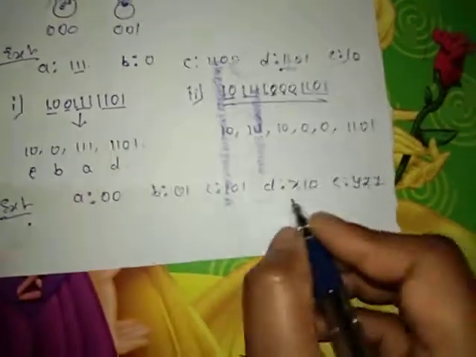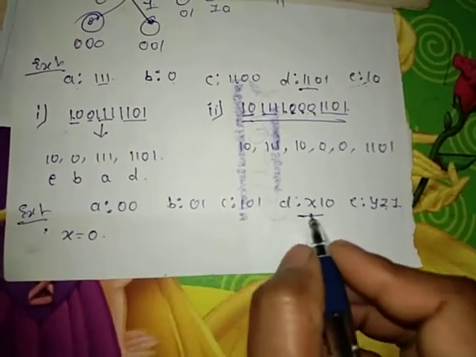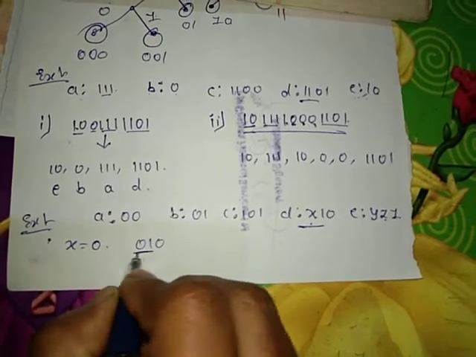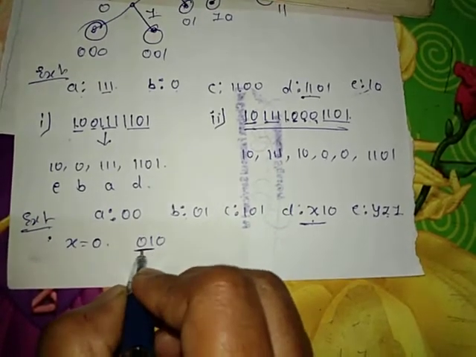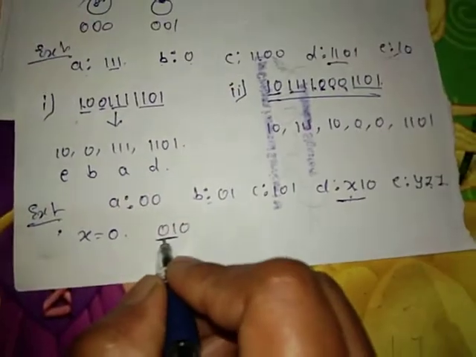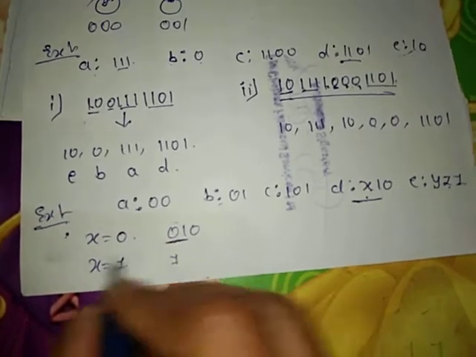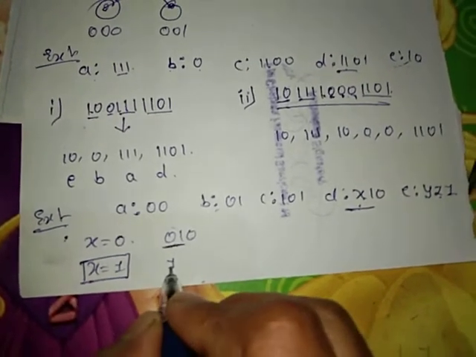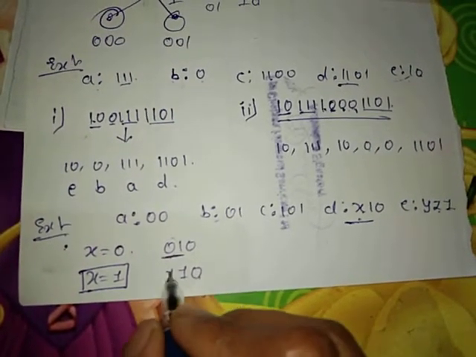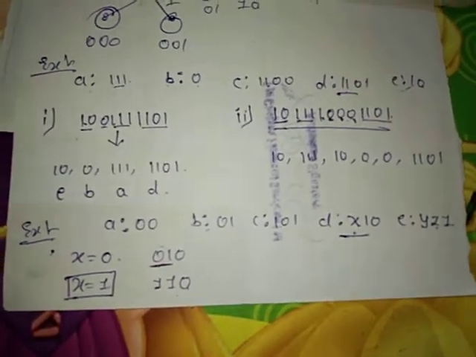In the first case, for the D, suppose we take X equal to 0, then the D will be read as 0 1 0. But 0 1 0 has a prefix 0 1 which is the code of B. So we cannot assign X equal to 0 here. So the only choice remaining is X equal to 1. Therefore we assign X equal to 1 here. Then it becomes 1 1 0. That does not include any prefixes of any other sequences here. Now come to the Y.